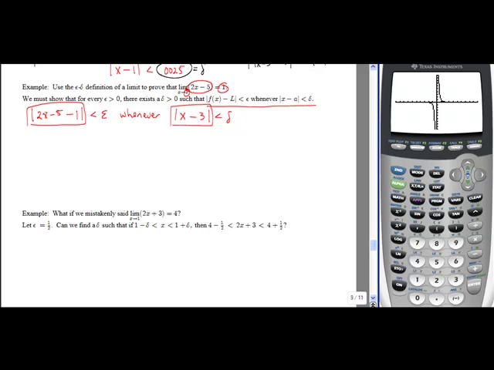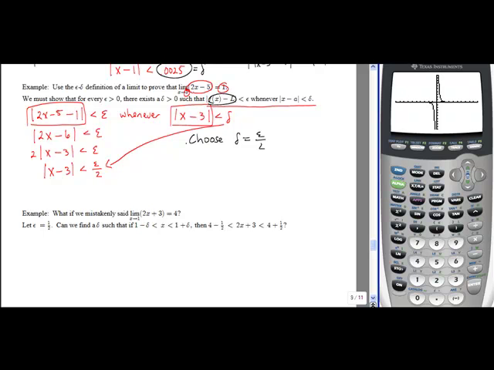So we're going to start over here on the left. This reduces to the absolute value of 2x minus 6. I can pull out a 2, and that leaves me x minus 3 in absolute value. So if I divide by 2, that forces absolute value of x minus 3 to be less than epsilon over 2. So if we want x minus 3 in absolute value to be less than our delta, then we better let delta be epsilon over 2. So here's what we're going to say. We're going to choose delta to be epsilon over 2, so that if we do that, then our absolute value